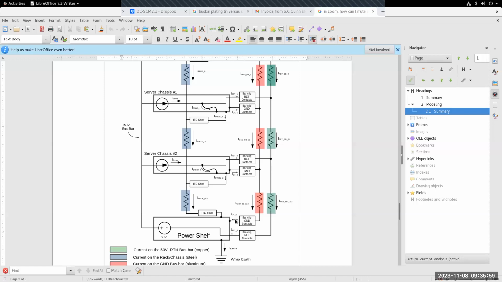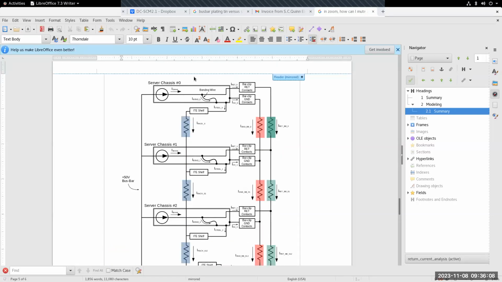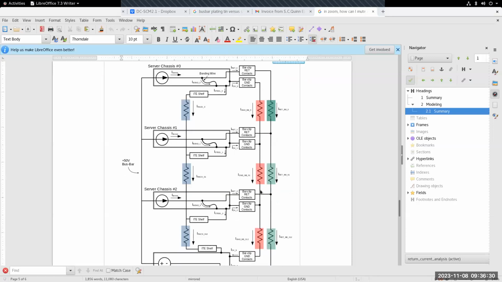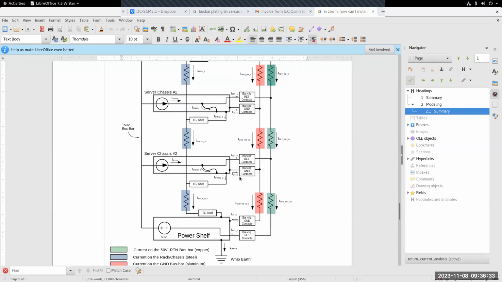But the noteworthy thing here is that per the ORV3 spec, the power shelf does not make a connection from chassis to return. So any current that's flowing in the rack steel or the ground bus bar, as it comes down the rack, has to get onto the return bus bar at this server, because south of this server, there's no path. And so whatever the sum of the current that's been injected onto the ground bus bars, that's going to have to go through these bar clip connectors here to get onto the chassis, through this path, and back out onto the return to complete the circuit.